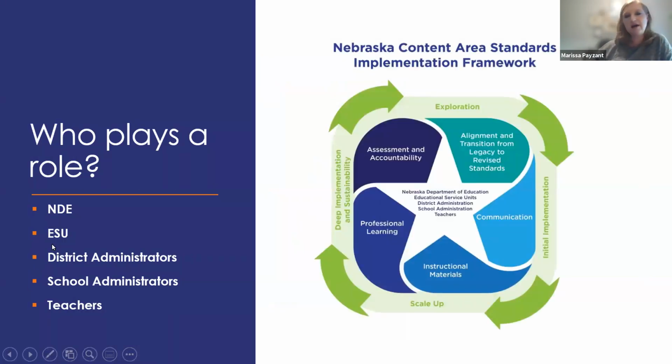So a lot of people play a role in standards implementation. Certainly the Nebraska Department of Education, we oversee the process of revision. The state board approves them. And then you have ESUs, so educational service units play a role in how the standards are rolled out.